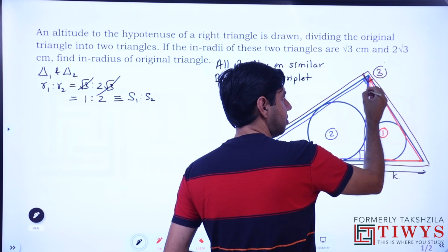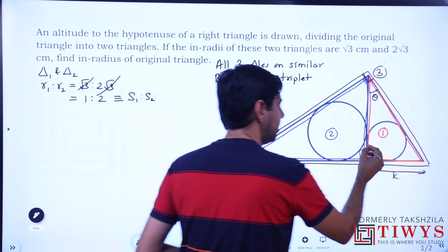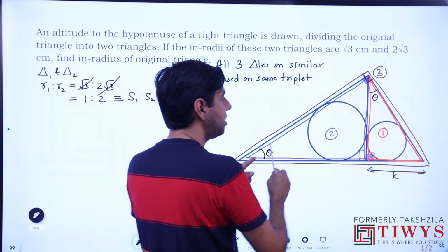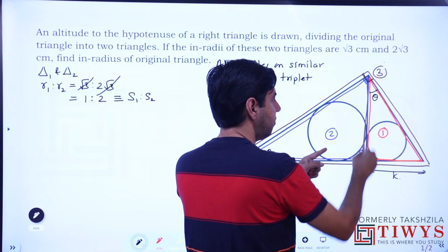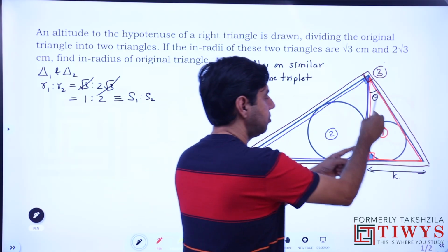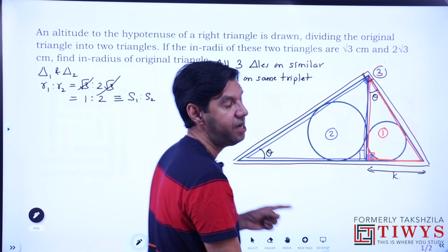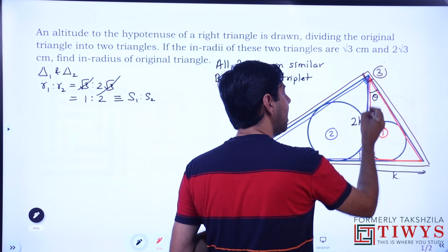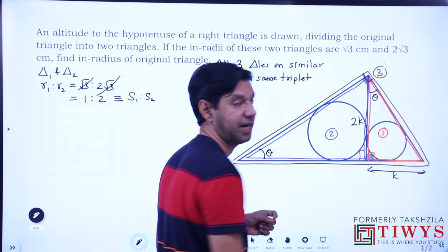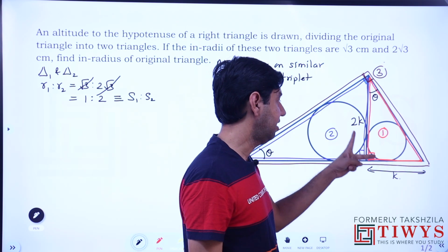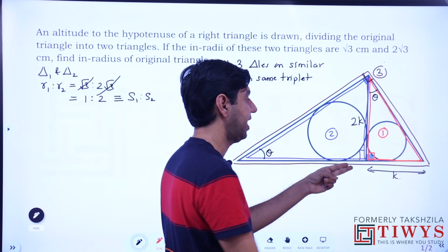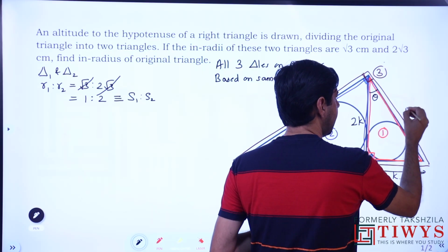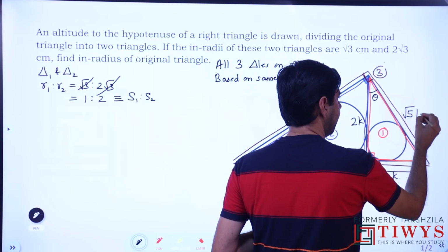This is a 90, so this becomes 90 minus theta. 90 minus theta, 90, so here will be theta. And opposite theta in triangle 2 is this vertical altitude. So opposite theta in triangle 1 is K, opposite theta in triangle 2 is going to be 2K. And then you realize that this side is also common with triangle 1. So basically in triangle 1 I get two sides, and being a right angle triangle I can get the third side as well. So using Pythagoras I get it as root 5 K.